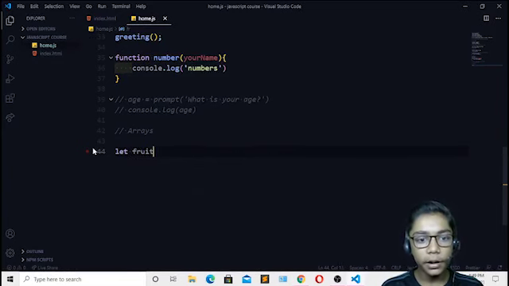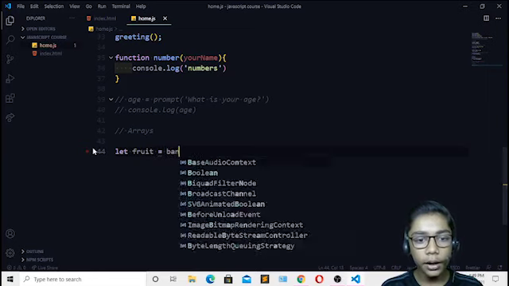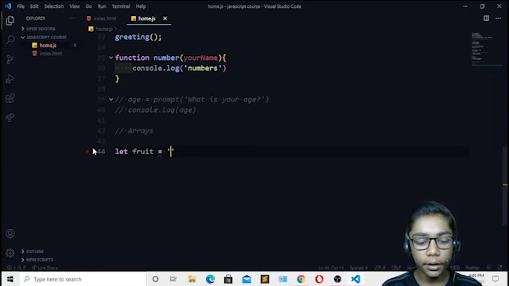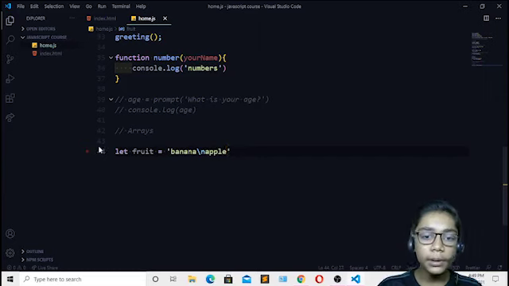Okay, so spelling is incorrect, so I'll be writing let fruit equal to, and if I write over here banana, and if I come over here and write this sign, and if I write n, then if I write apple. Okay, so this sign means, if you learned Python and checked out my previous Python code,